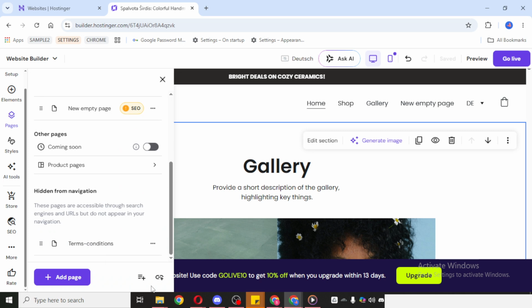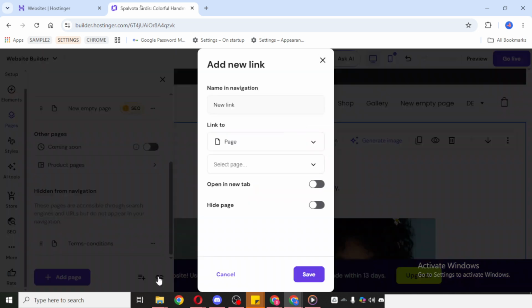This option allows you to create a navigation item that points somewhere else instead of building a regular page within your website. It's especially helpful if you want your menu to lead to an outside site, a booking page, a document, or another online resource. After clicking Add Link, paste your link into the appropriate field. Make sure the link is complete and correct, so visitors are sent to the right destination. It's always a good idea to double-check the URL before saving, especially if you copied it from somewhere else.